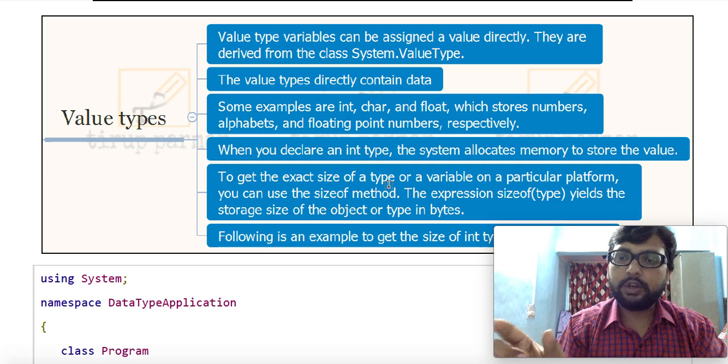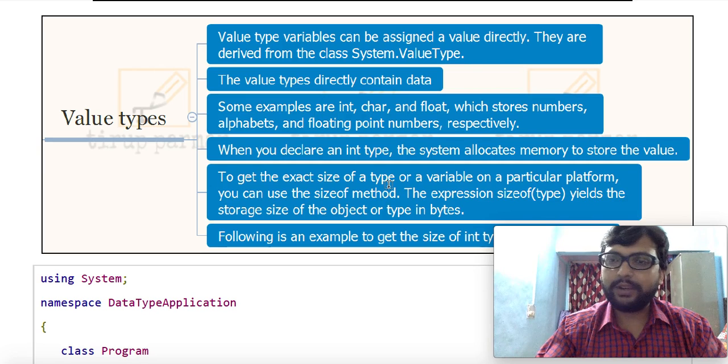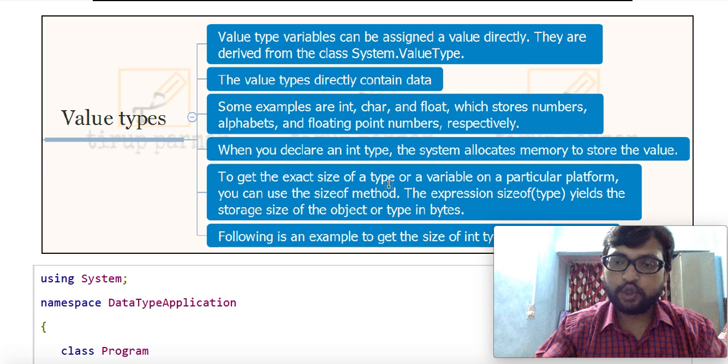And if you want to store a long number, then we need to use long. The same way, if you want to store a string value, alphabets and numeric values together, then we use the string data type. So whatever data types we use while defining our variables, if you want to know how much memory they are going to reserve to store our data,